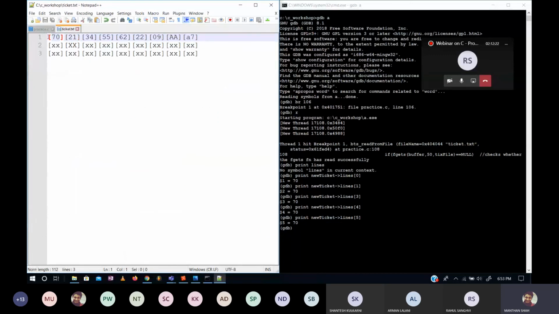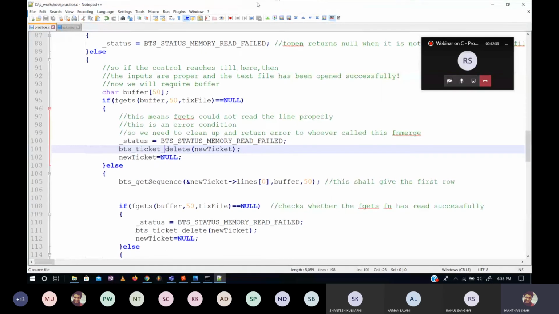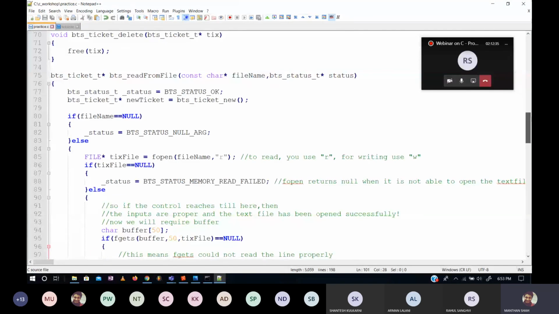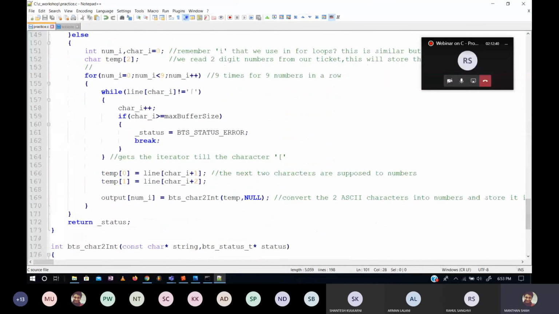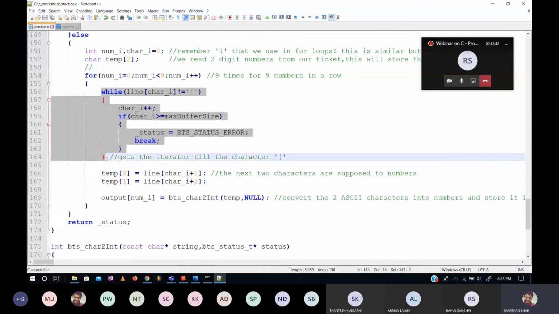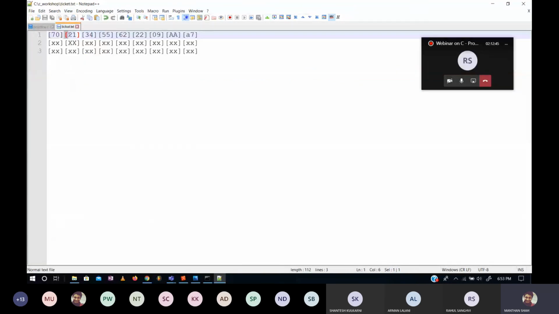ये मेरे logic में flaw था कि मैंने जो initially starting bracket था उसके बाद मैंने ये दो characters read किए, then I am trying to find the next bracket, right? But what happens is when I am using the while condition in my get this thing, किधर गया ये रहा, you can see this code, this while वाला, where I'm trying to actually find the next bracket. इसमें क्या हो रहा है, ये bracket के बाद मैंने iterator को increment नहीं किया, which means it is not pointing to 7, it is actually still here.